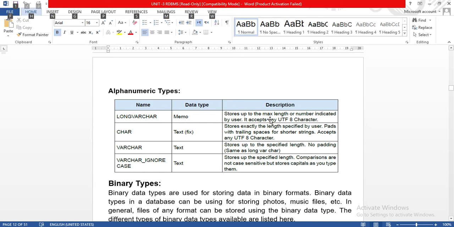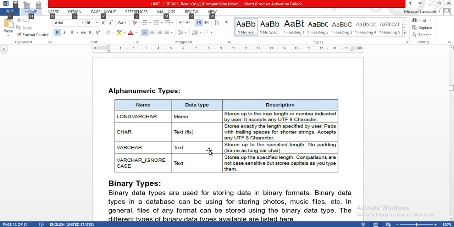Long varchar stores up to the maximum length indicated by the user. It accepts any UTF-8 characters. Varchar stores exactly the length specified by the user. Pads with trailing space for shorter entries, accepts any UTF-8 character.